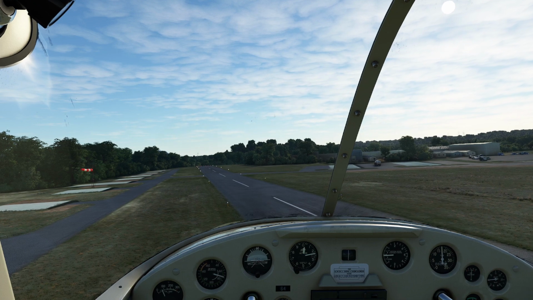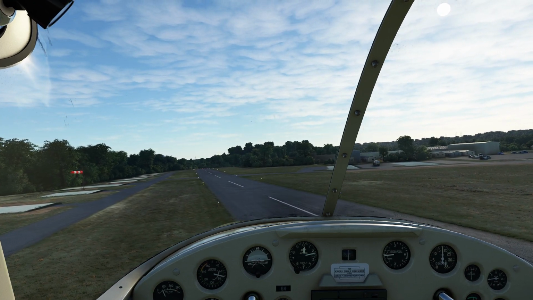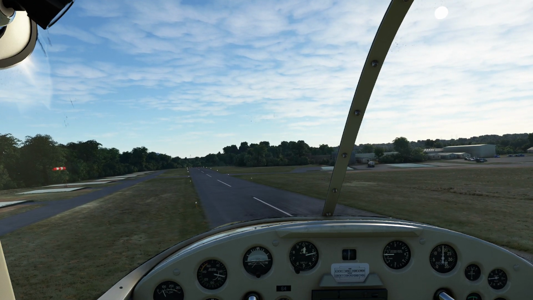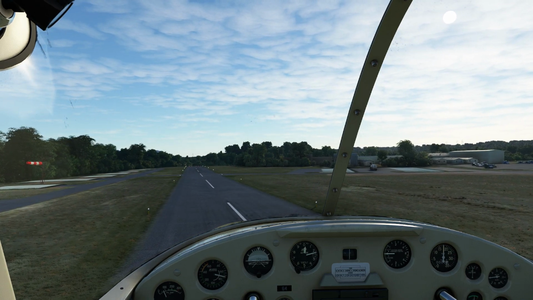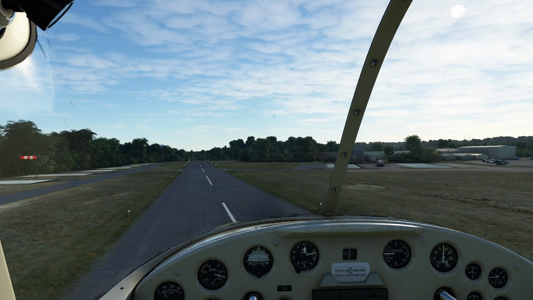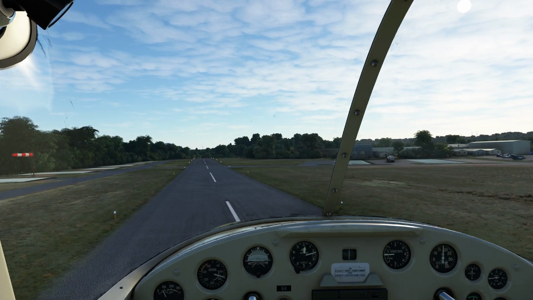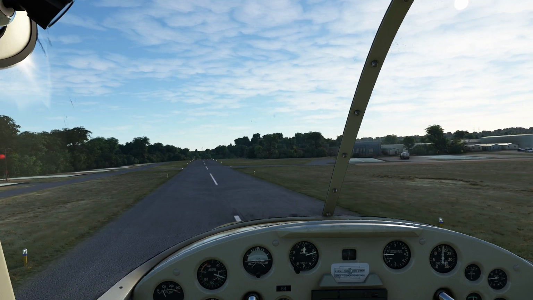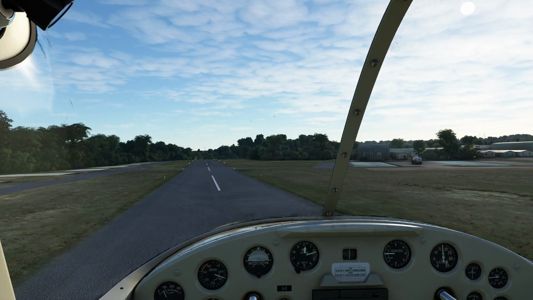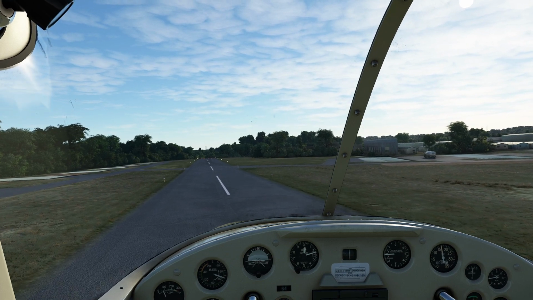So what I'm going to do to land it is I'm simply going to line myself up the best I can with the ground. Again, I'll try to keep it a nice constant speed. You can see I've got that almost zero hover going on right now, which is very amusing. And what we're actually going to do is pretend we're landing the plane conventionally. Now, the danger here is if we just let off on the power, just let it kind of drift down, we're basically going to get that ground effect,